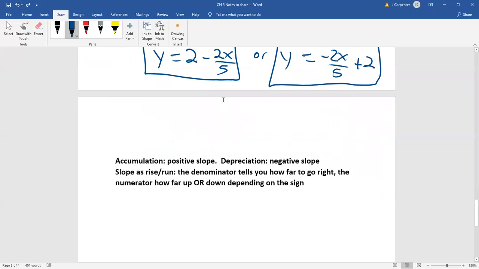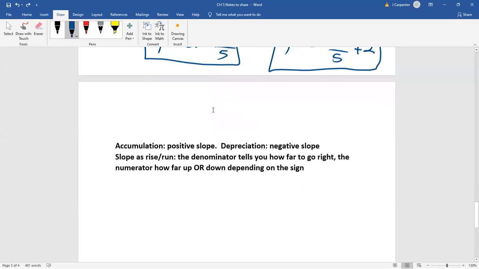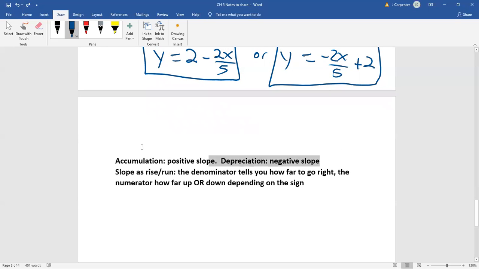All right. And then just a couple last minute words. Again, everything after what I have highlighted here, nothing is new. We've already talked about that. Accumulation just means you have a positive slope. Depreciation means you have a negative slope. Those are just 2 words you might see in the real world or in a QR class. Okay, so this thing is accumulating at this rate. That says it's going up. Or this thing is depreciating at this rate. That means it's going down.